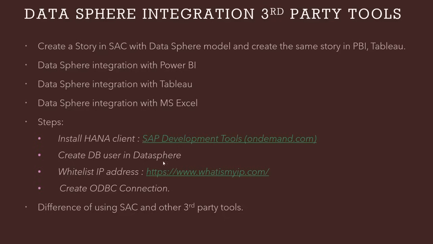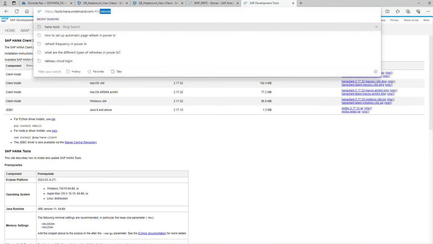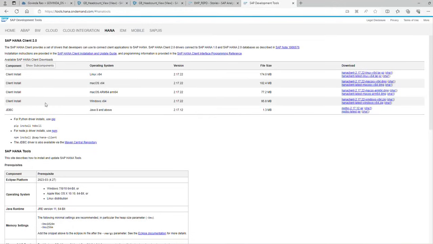And then finally, you can create the ODBC connection and connect to Power BI, Tableau, whatever it is. As a first step, just go to the site tools.hana.ondemand.com, then HANA tools. Basically, if you Google HANA tools, you will directly get this site. And from here, if you are using a Windows machine, you can download this based on your machine's